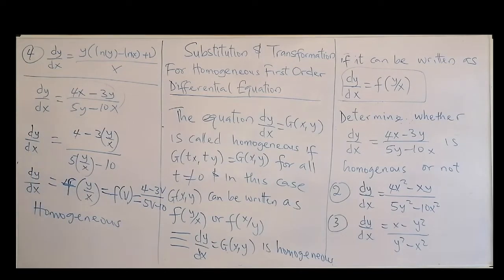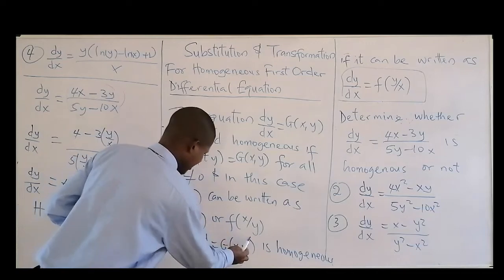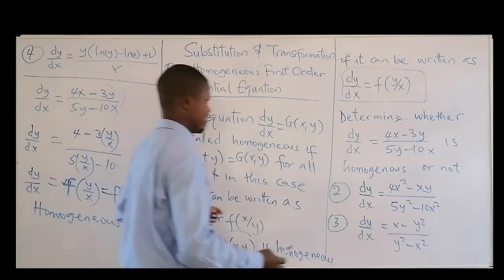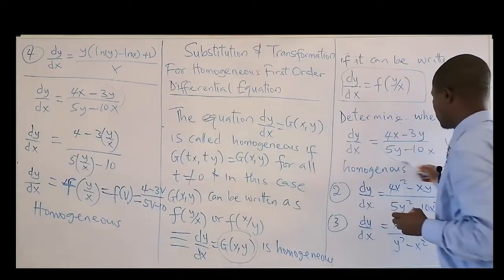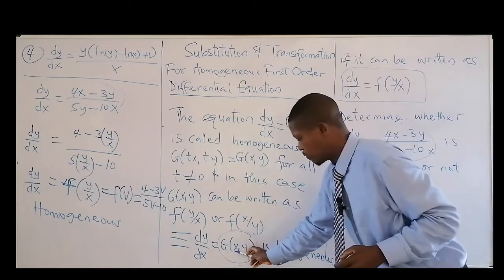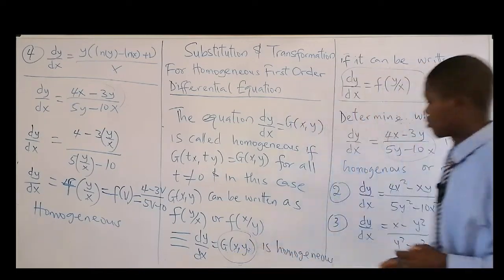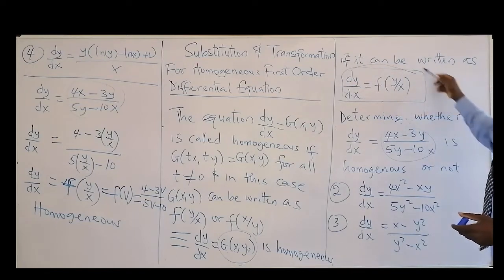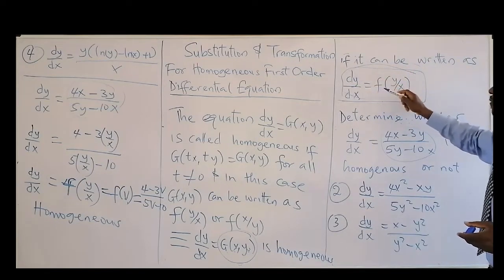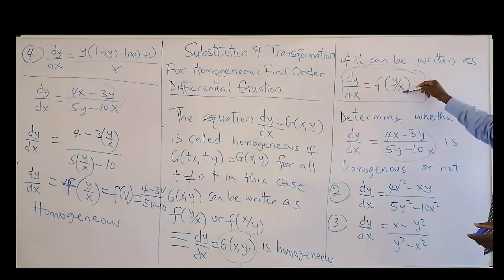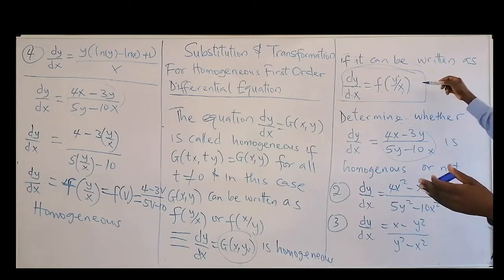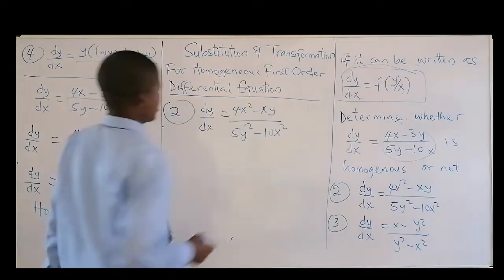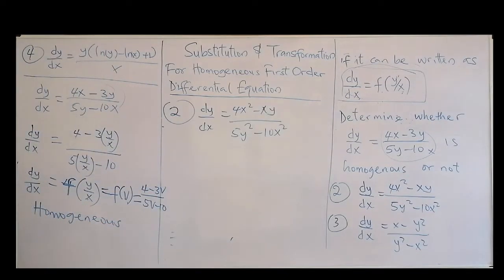So that's that on that case. The only thing is just that the function given for dy/dx is what we call g of x comma y in this illustration. Then you turn it to this expression, where your dy/dx will be a function of this fraction, and this fraction is what we are substituting as v. So this is what we have in this place.